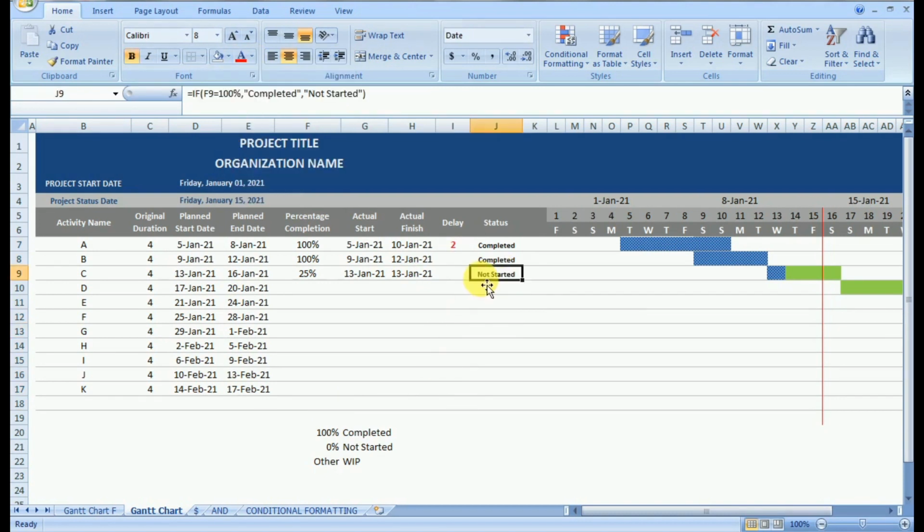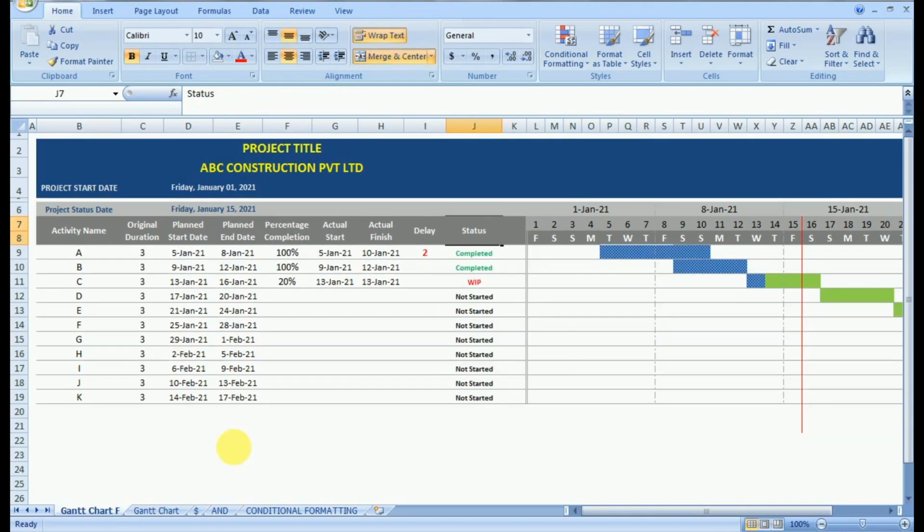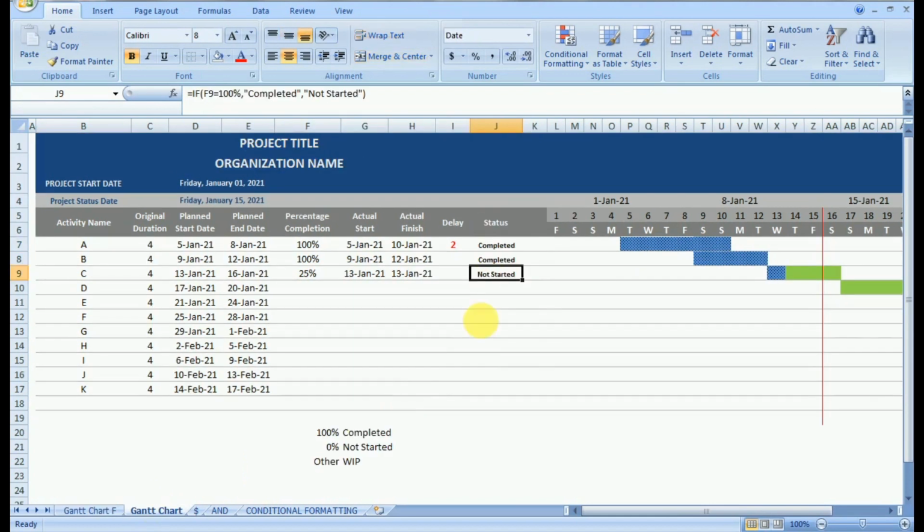Now we will understand the embedded IF command, that is an IF command nested in another IF command. Again, this will make a very powerful command in Excel. So let's concentrate. Here we want our output completed when the input is 100%. Now there are again two conditions, so again we need to use the IF command.